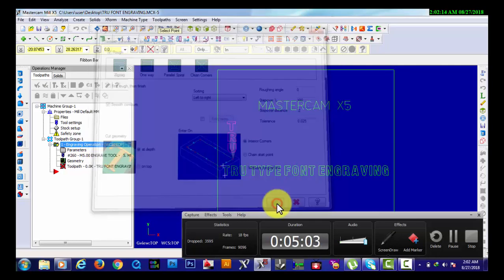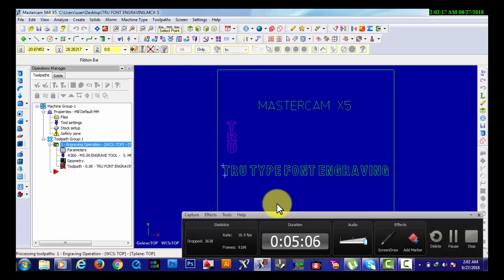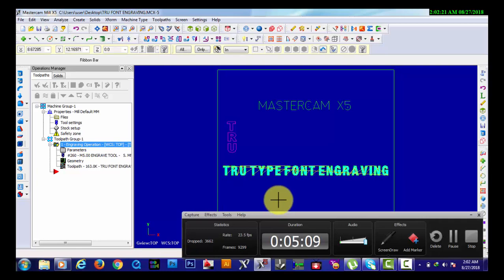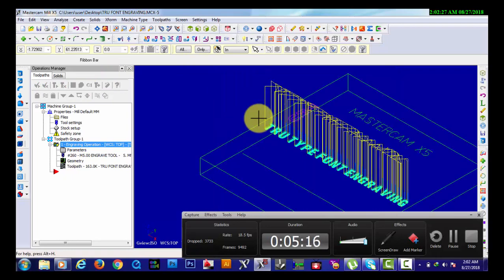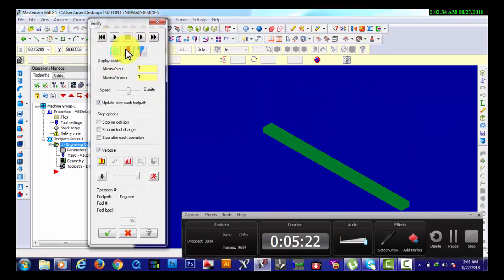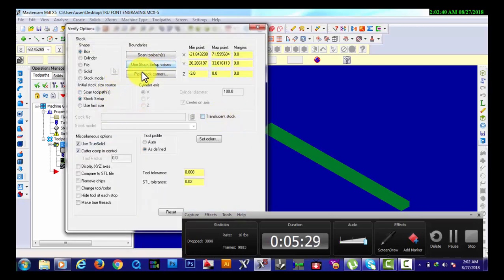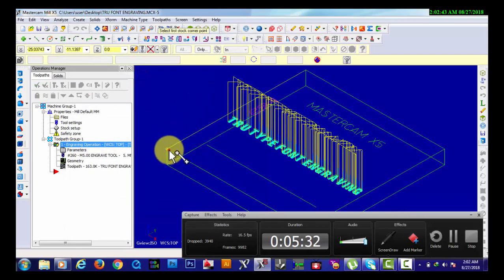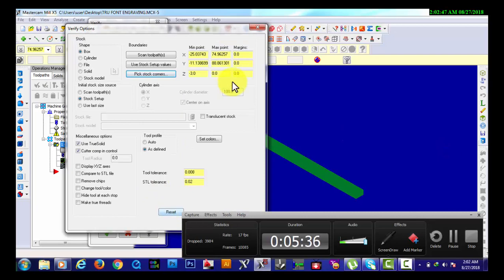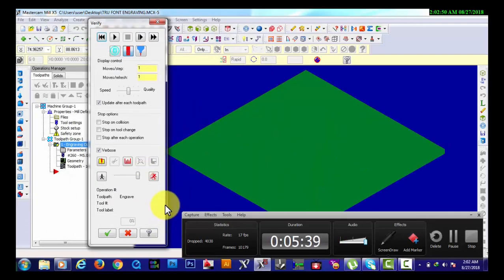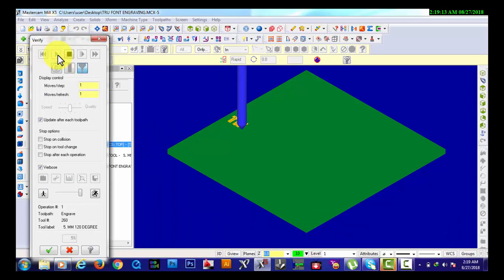So there we go, a fantastic prototype pump engraving.